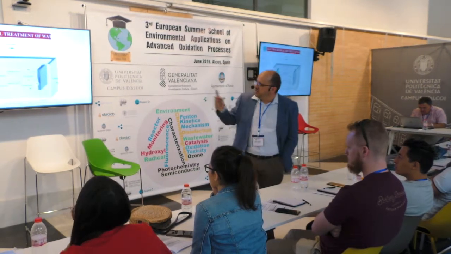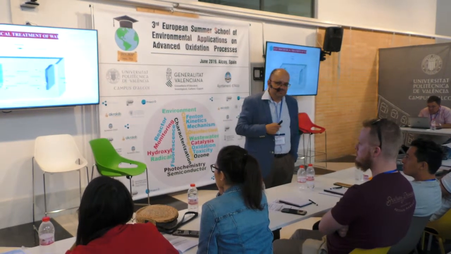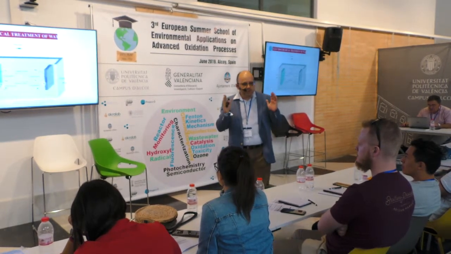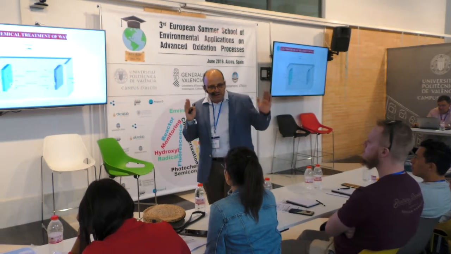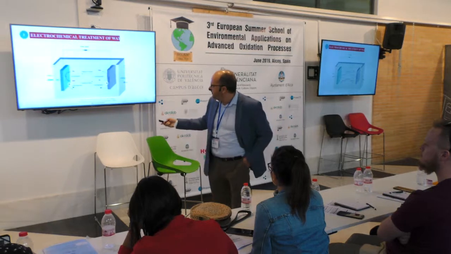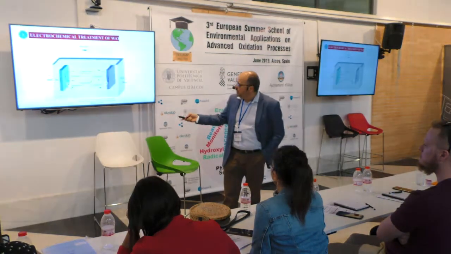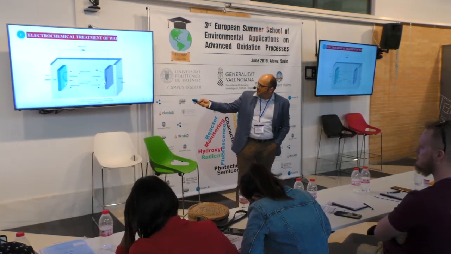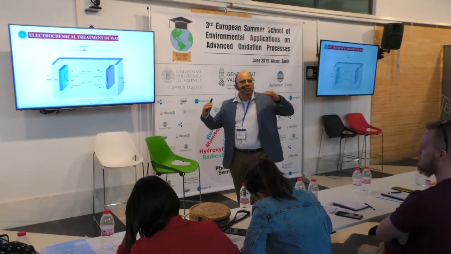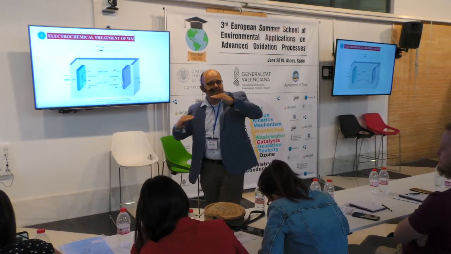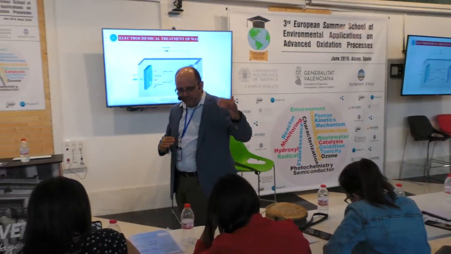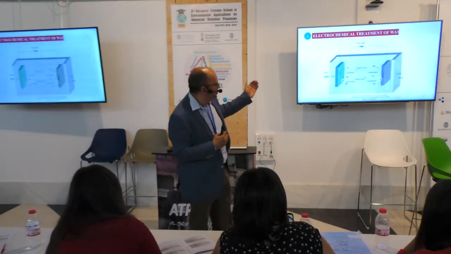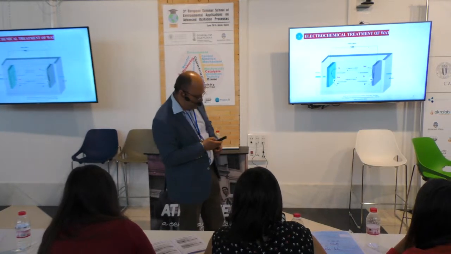First important point in the lecture. What is an electrochemical reactor? It's a heterogeneous reactor. And this heterogeneous reactor has two important parts. The electrodes, one anode and one cathode. In the anode, we have oxidation processes. And in the cathode, we have reduction processes. And in the electrolyte, we have the transport of anions and cations. Anions from the cathode to the anode. Cations from the anode to the cathode.